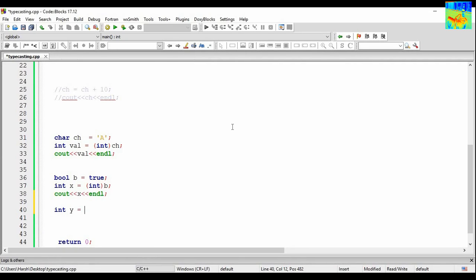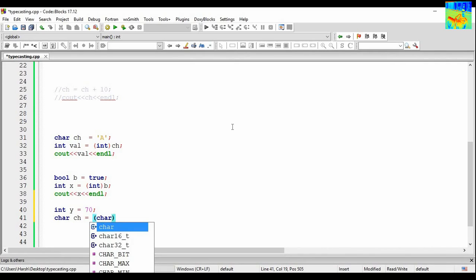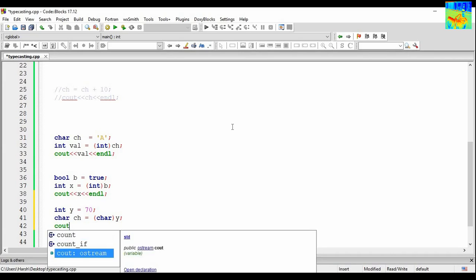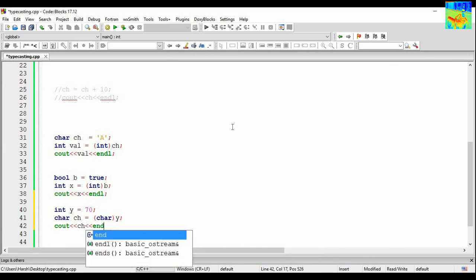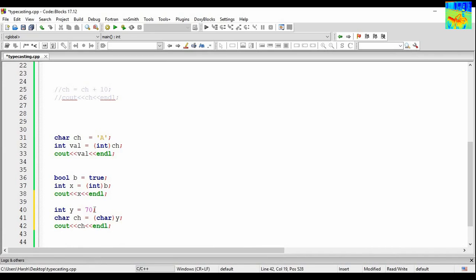Now let's see one more example. Int y equals 70, char ch equals y, and then you are printing ch. So what will be my output? The value of variable y is 70 and you are converting that 70 into a character. So the character mapped with 70 will get printed.